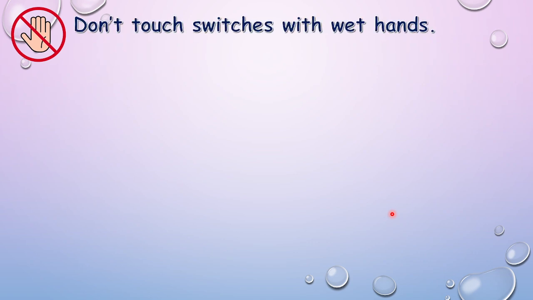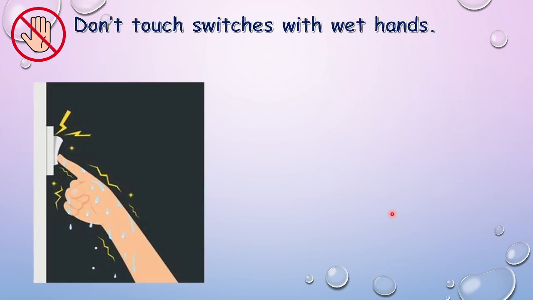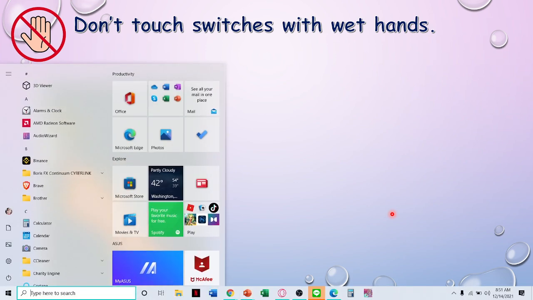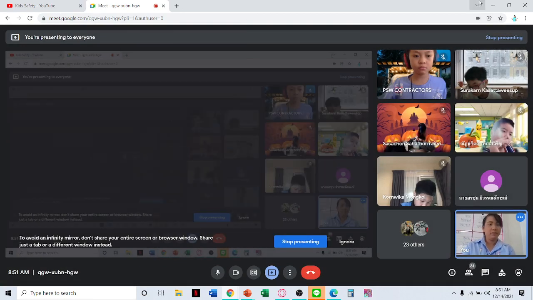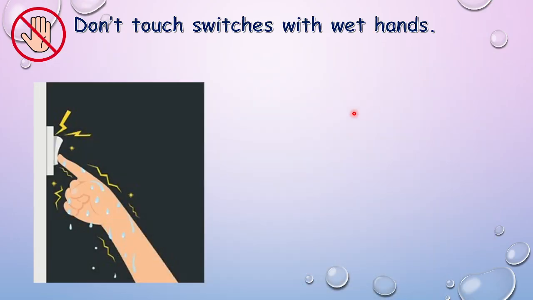Right. Now, the next one is don't touch switches with wet hands. Because as I said, electricity likes water so much. When there's water, electricity gets stronger and stronger and stronger. So, when you touch the switch with wet hands, there is a big chance that you can get an electric shock. Maybe you will say, no, teacher, I tried it already before, but I did not get an electric shock. No? You are just lucky because